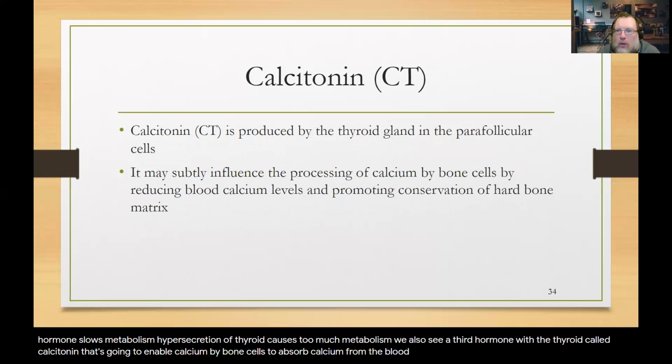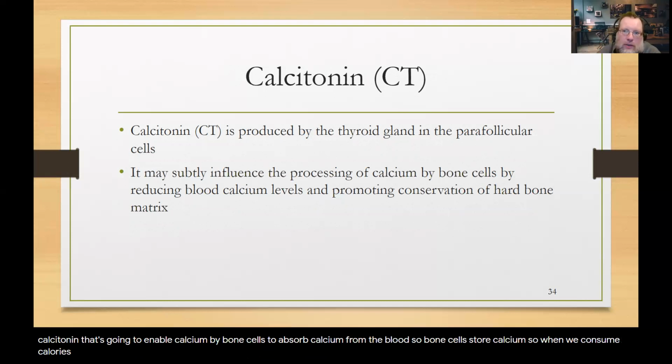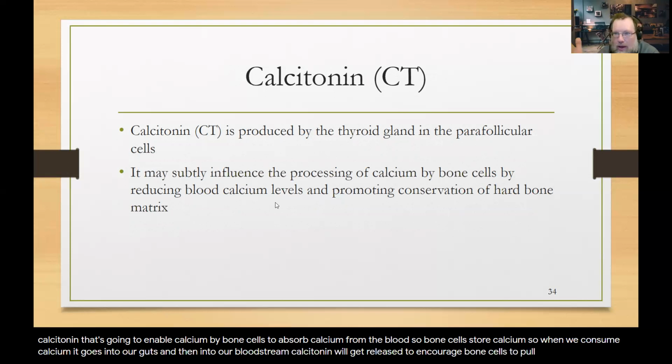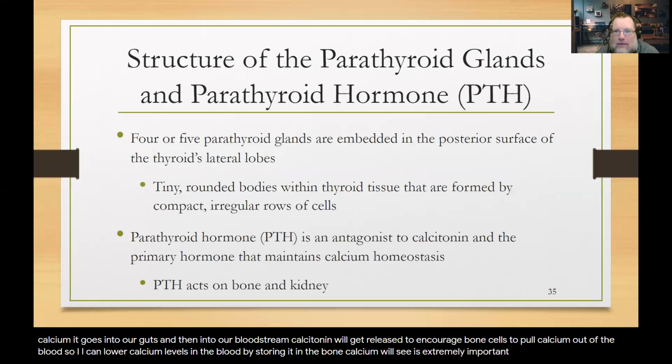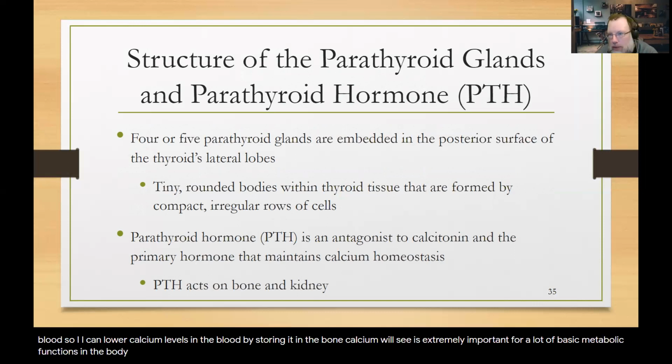So bone cells store calcium. When we consume calcium, it goes into our guts and then into our bloodstream. Calcitonin will get released to encourage bone cells to pull calcium out of the blood. So I can lower calcium levels in the blood by storing it in the bone. Calcium, we'll see, is extremely important for a lot of basic metabolic functions in the body, such as simply contracting a muscle. Simply getting the heart to contract is going to involve